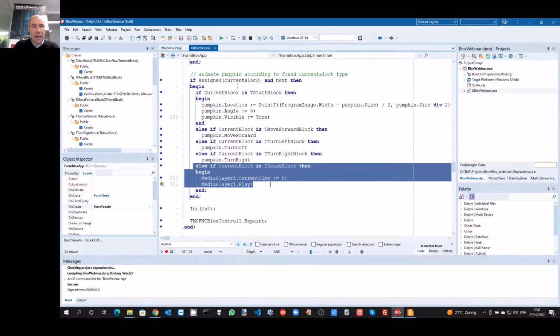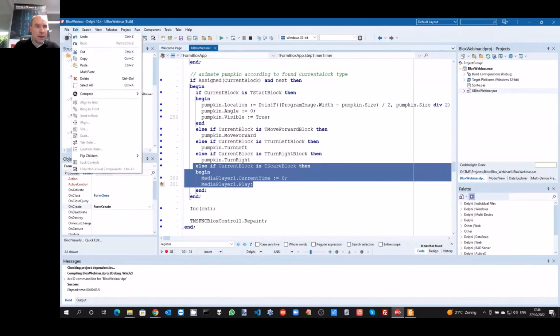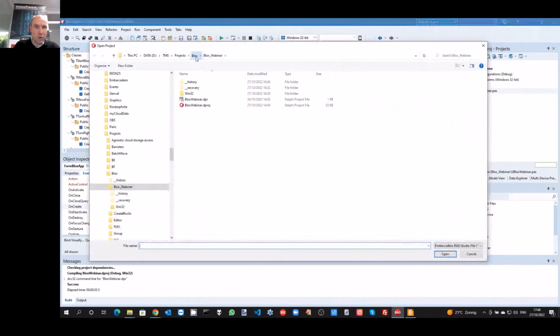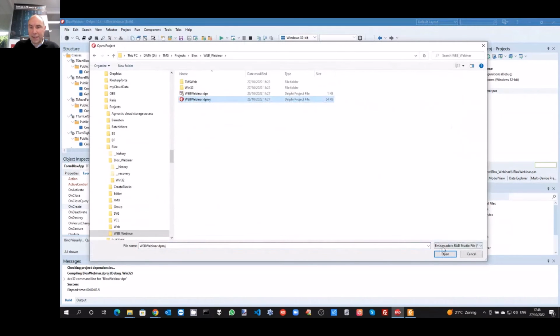So this is how you can programmatically create but also execute workflows in FNC Blocks control. The nice thing is that FNC Blocks, of course, also runs with TMS Web Core as a web client application.